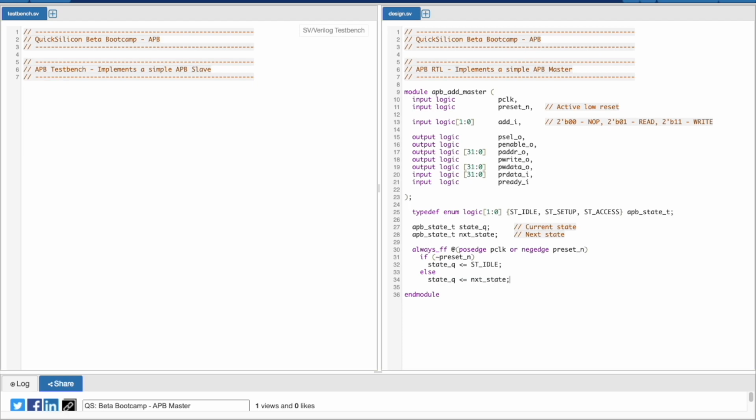So this completes the set of flops we needed for the state machine which we'll be implementing. So let's implement the state machine as well. We'll be implementing the state machine using the always_comb block, and we will use the case statement for the current state.